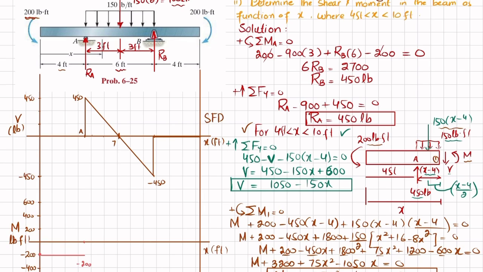Now you can see that this is the equation of moment. Clear? So at x is equal to 7, because here shear force is 0, so bending moment will be maximum. So this is x. So put x is equal to 7 in this equation. So you will get moment equal to